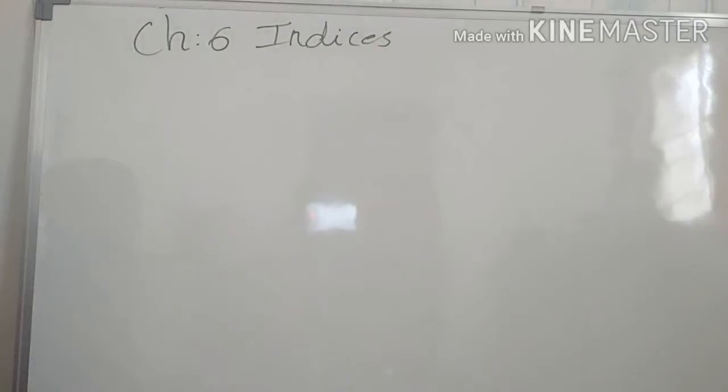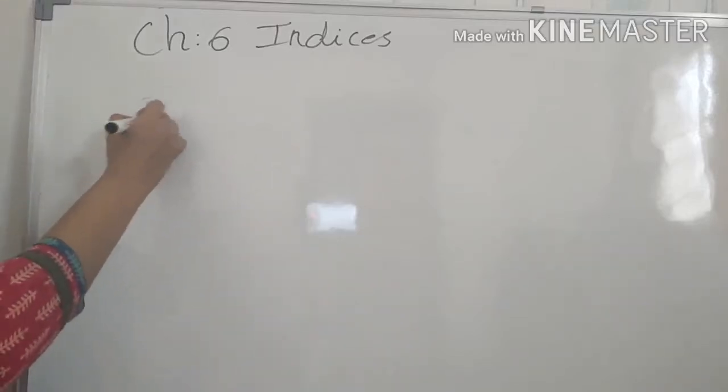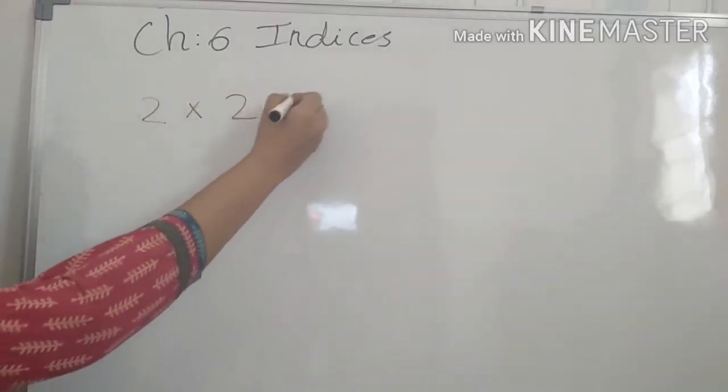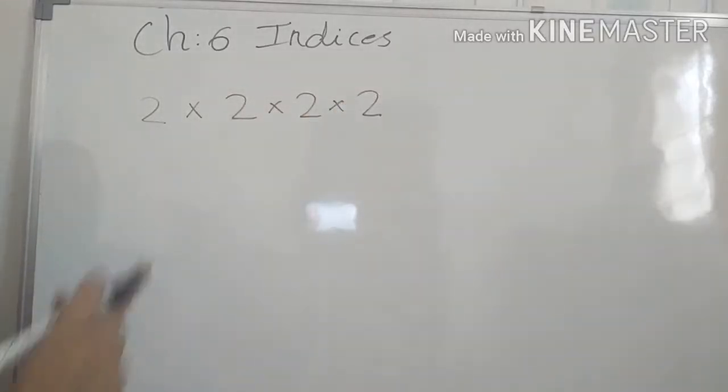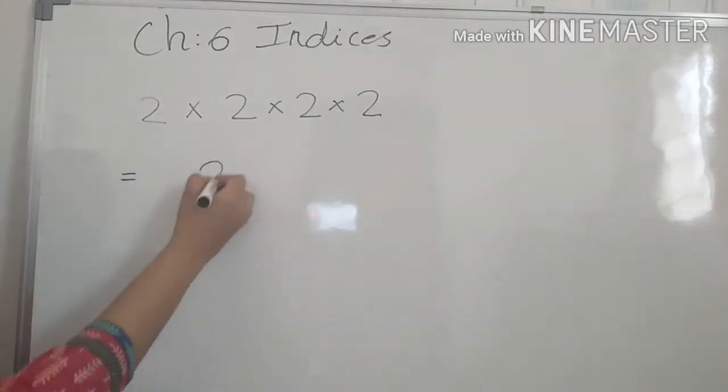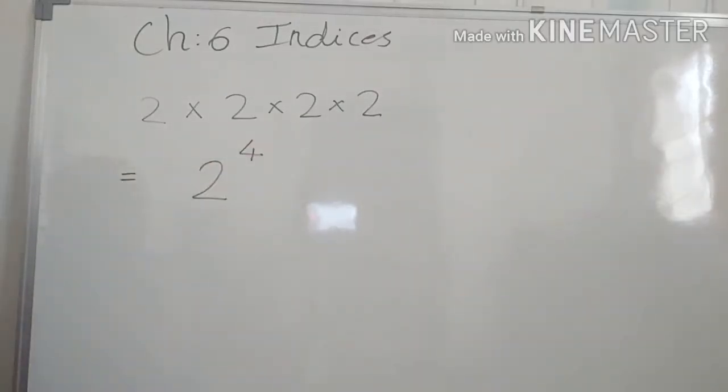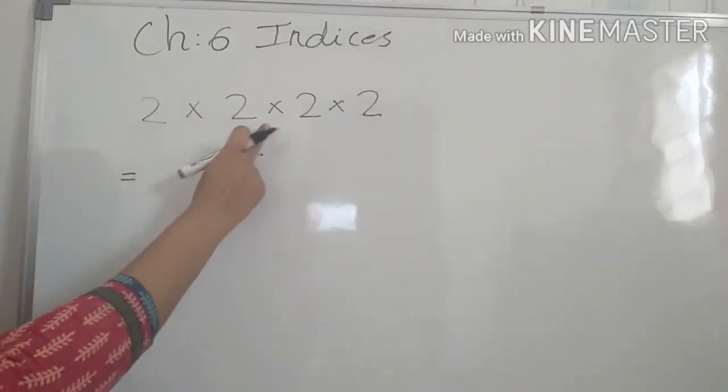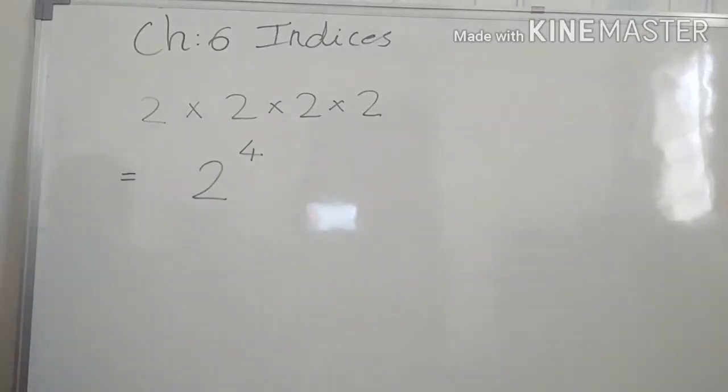Students, we have already studied exponents in earlier standards. So this is nothing but a repetition, but there are a few things you have to take care of while solving questions here. Now students, if I take any number which is repeatedly multiplied, here I have taken 2. In short form I can write 2 multiplied by 2, multiplied by 2, multiplied by 2, 4 times. So here I can write 2 raised to 4.